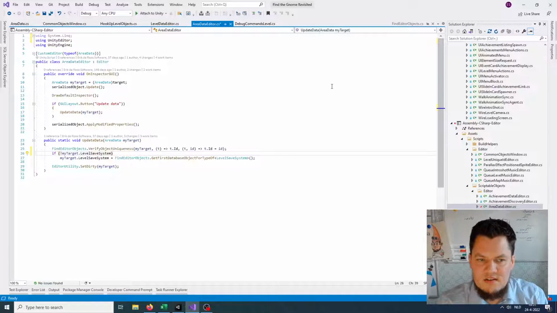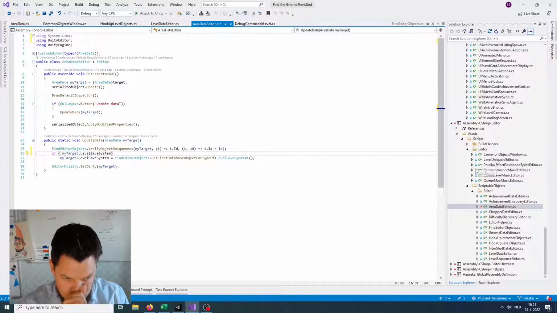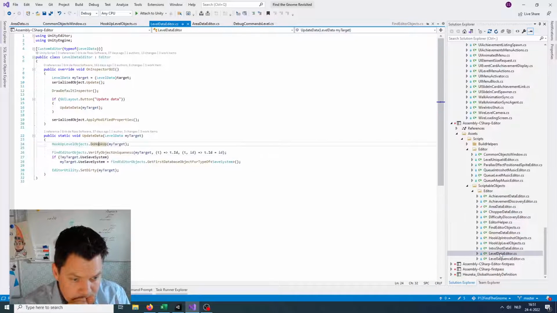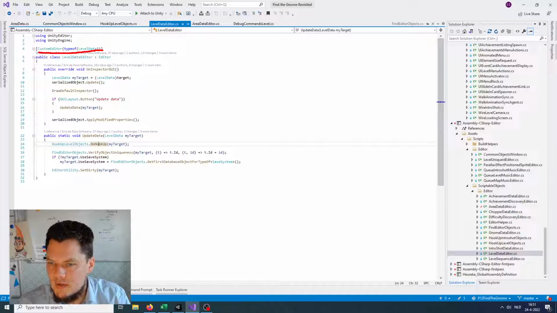So what is this magic? Let me move over to this editor. This editor has the same structure as the custom editor, and then in the UI inspector, again the draw default inspector, and then the